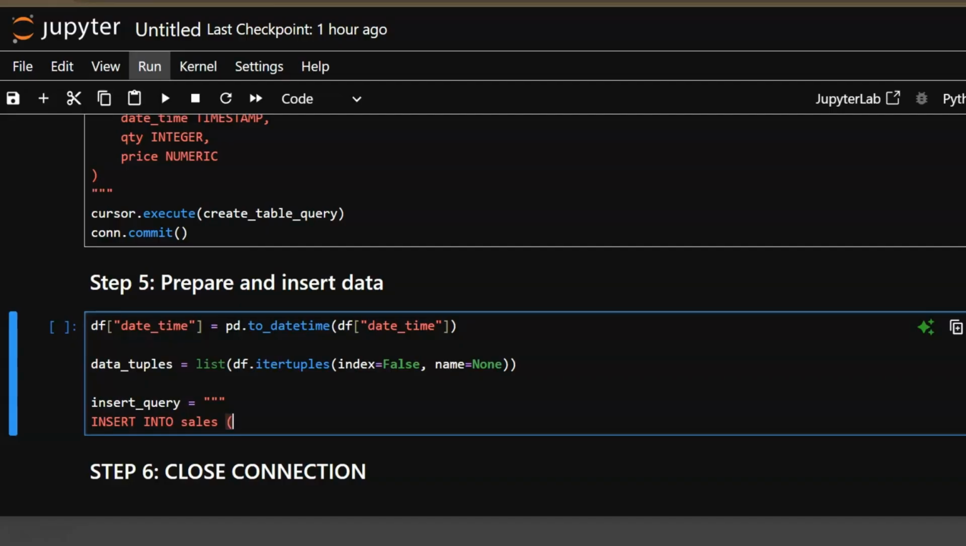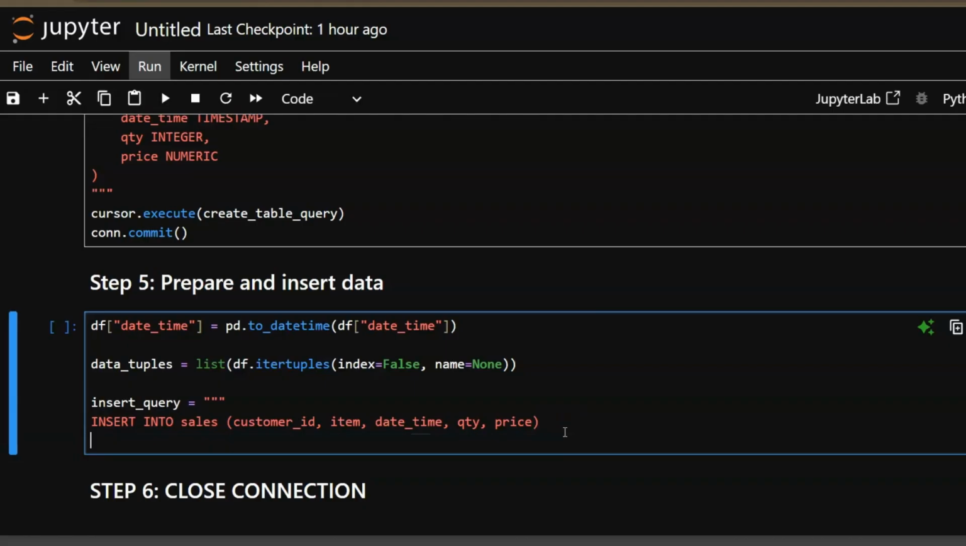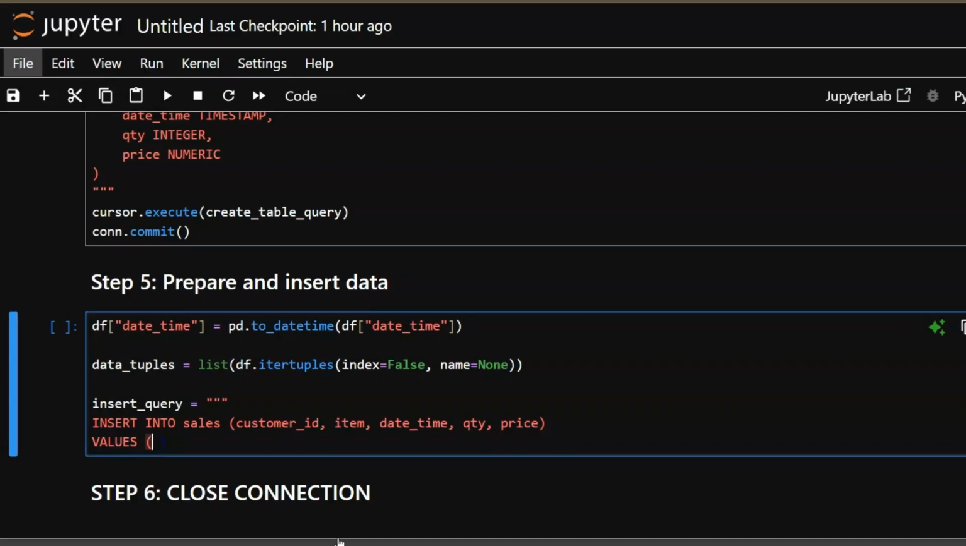Open parentheses. And then we want to go ahead and put our column names. You already have that, so I'm going to go ahead and paste that in here. So customer ID, item, date, time, quantity, and price. Close that parentheses. Next, I'll put VALUES, open parentheses. Next, we will go ahead and do a placeholder, which are these little percentage signs and an s, comma,